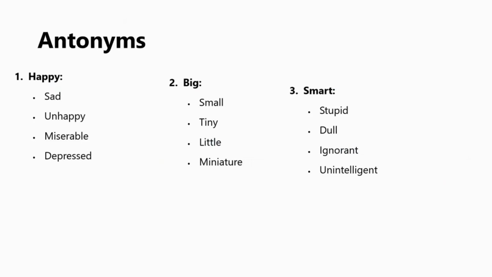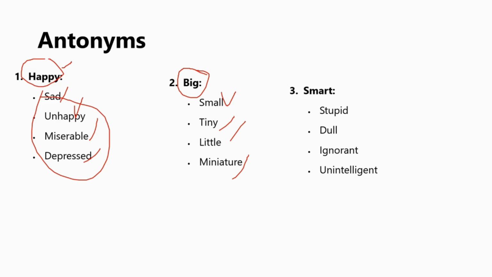So let's have examples. Happy, the same word which we discussed in the previous slides in synonyms. Happy, sad, unhappy, miserable, depressed. So these are opposite to the word happy. Similarly, if we talk about small, tiny, little, miniature, these are opposite to big. Smart, intelligent, and opposite to these are stupid,